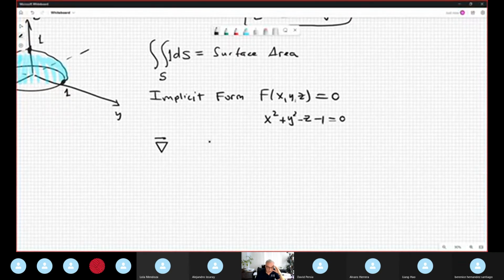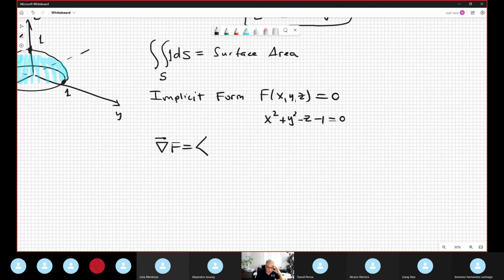The gradient is a vector of partial derivatives. Partial derivative with respect to x is 2x, with respect to y is 2y, and with respect to z is plus 1. Boom. Do you see? The magnitude of this is the square root of 4x squared plus 4y squared plus